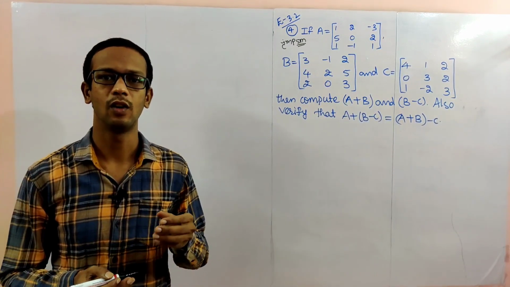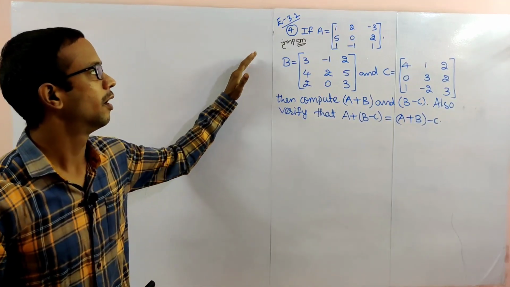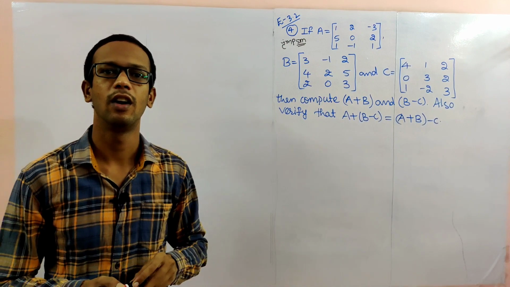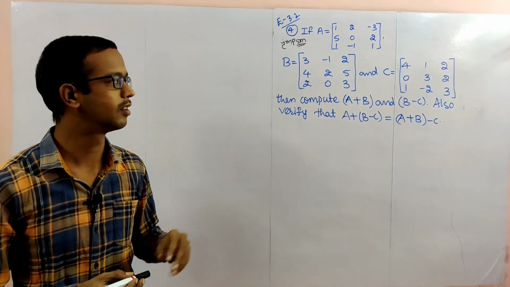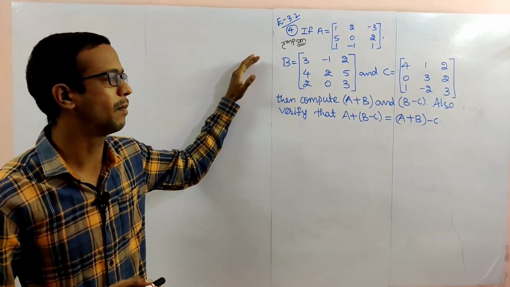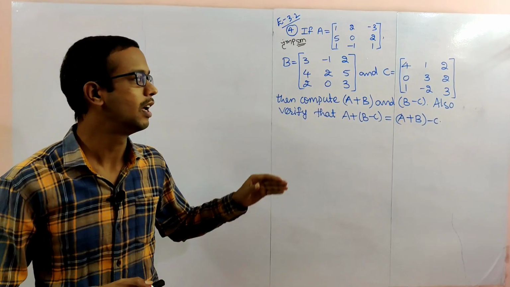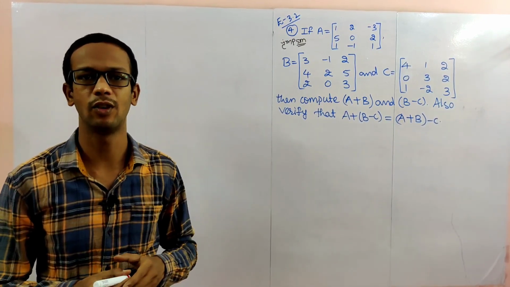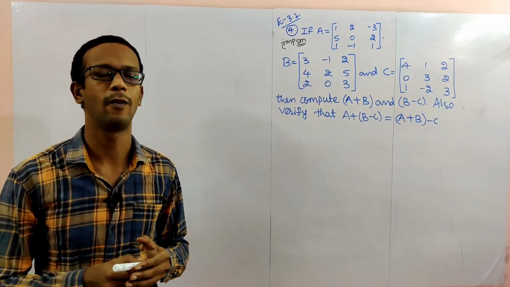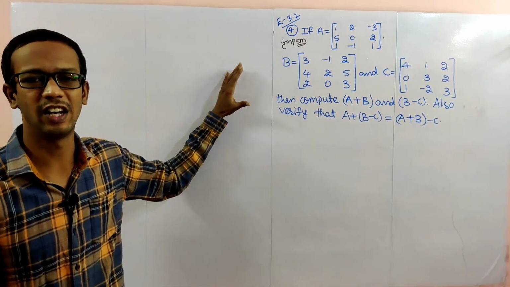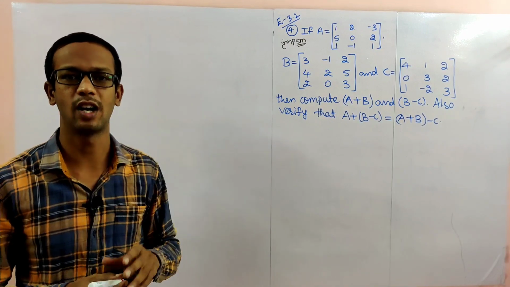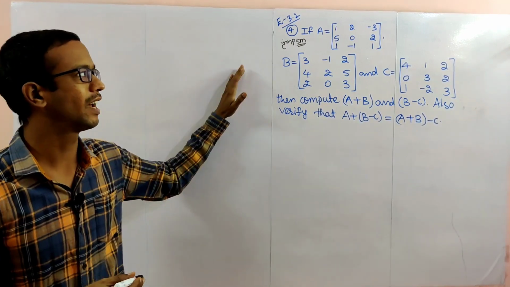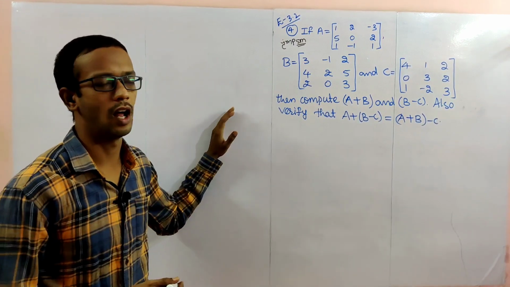So first, today's class starts with exercise 3.2 problem number 4, important for 5 marks. This is a big question, so there is a chance of it being asked for 5 marks. This is based upon addition and subtraction. Multiplication will also be there, which is also important for 5 marks. This is a very simple problem. If you know addition and subtraction properly, you can do this problem easily. Now you can see how to solve this problem.